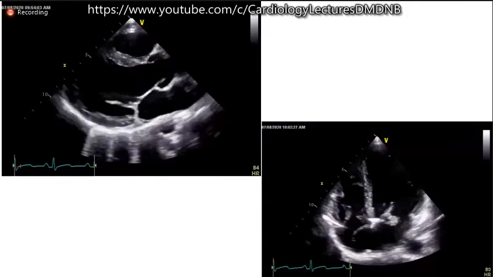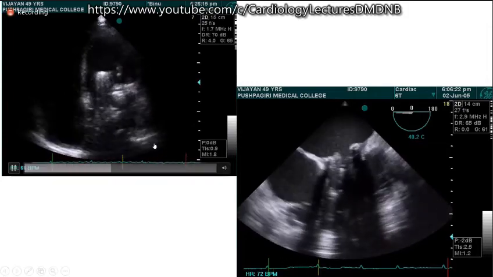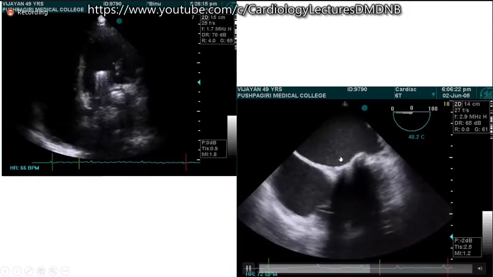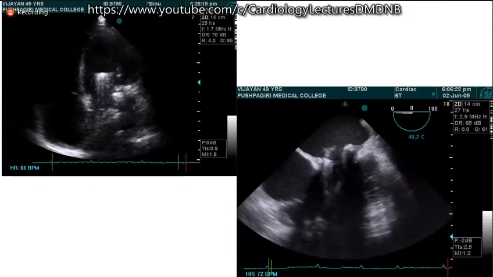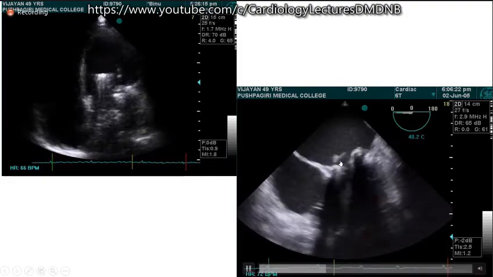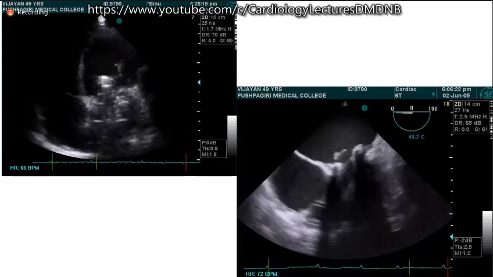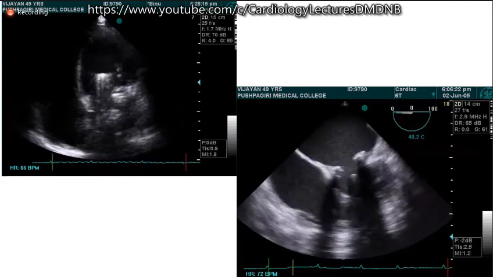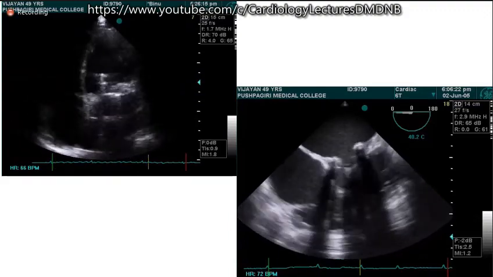The infective endocarditis vegetations can be quite variable. Here it is in a patient with a prosthetic valve, a mitral prosthetic valve. The patient has got a vegetation here, which is on the left atrial side of the prosthetic valve, which will be missed in a transthoracic echo. Here you can clearly see it. So when you are looking for infective endocarditis vegetations in a prosthetic valve, always try to do a transesophageal echo. It is only from a transesophageal echo that you can easily diagnose the vegetations in a prosthetic valve.